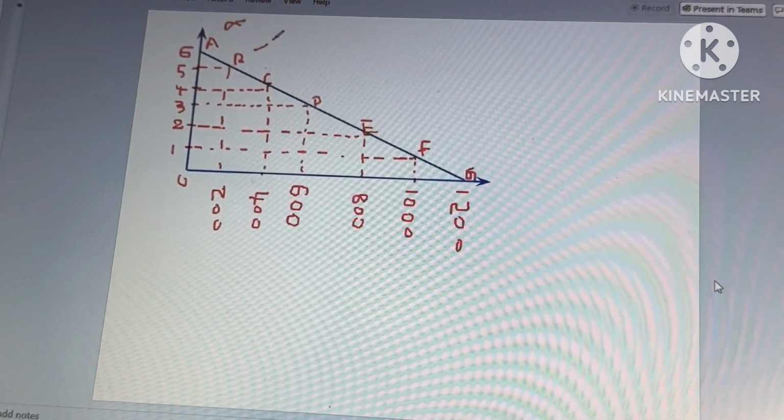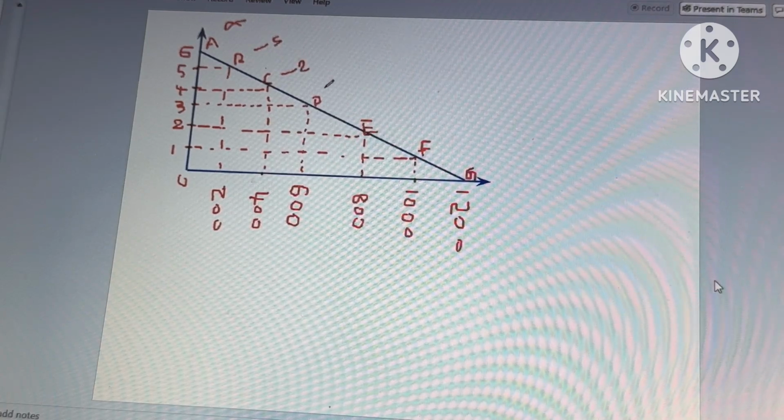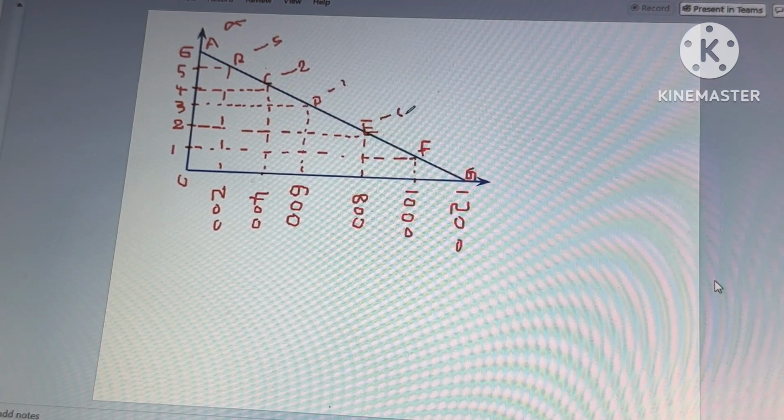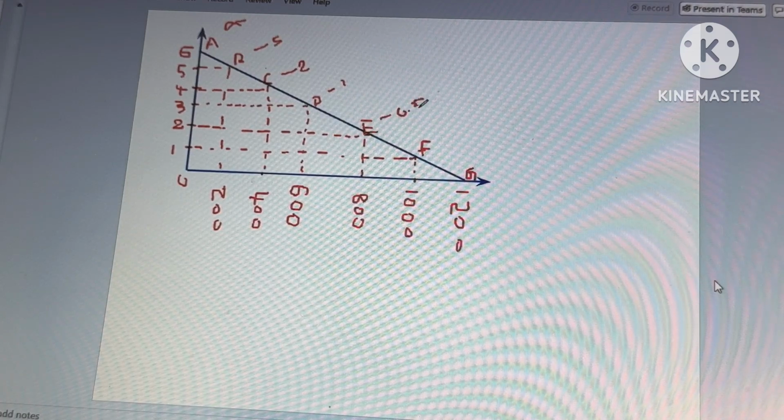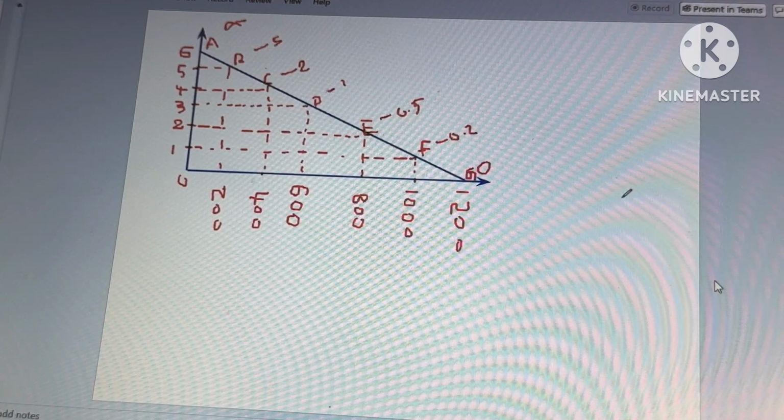This is minus 5. This is minus 2. This is minus 1. This is minus 0.5. This is minus 0.2. This is 0. Okay. Now,